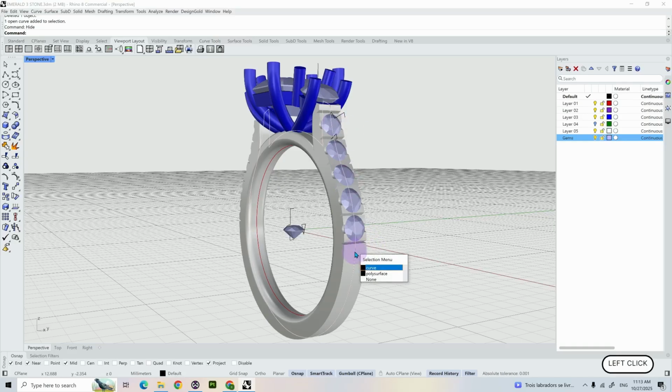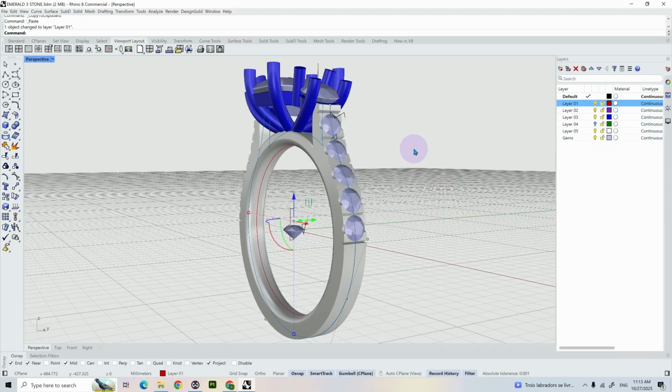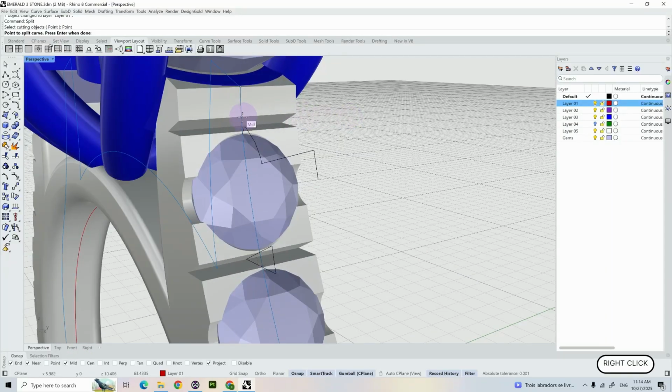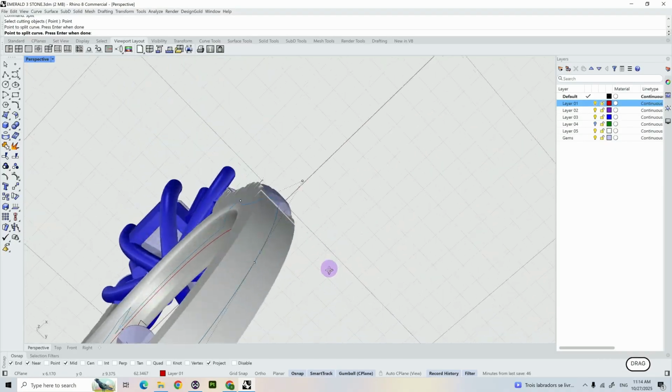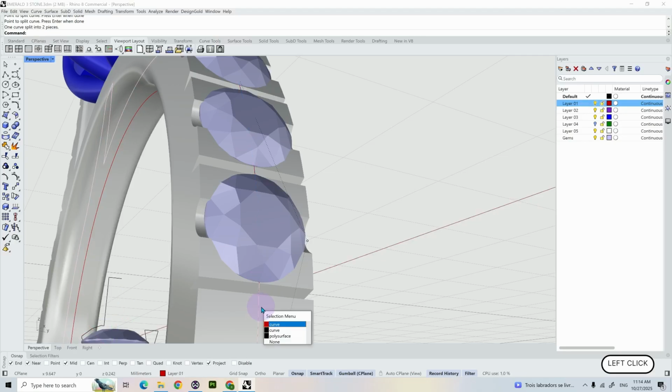And same thing again, I'm going to select this curve, make a copy, place on another layer like that, and then hit a split command, select point, and I'm going to probably start right here, I mean split right there, and then split right here. Press enter. Now I can delete this curve